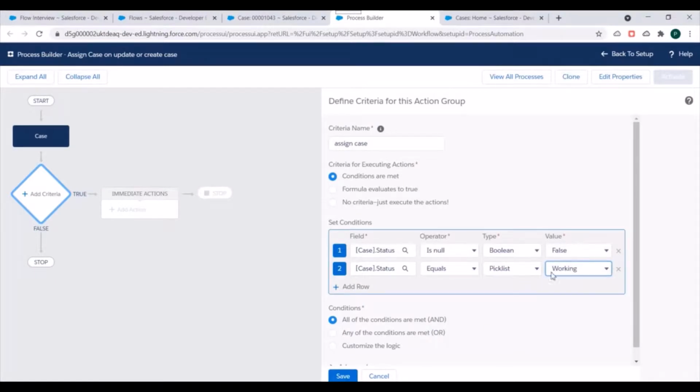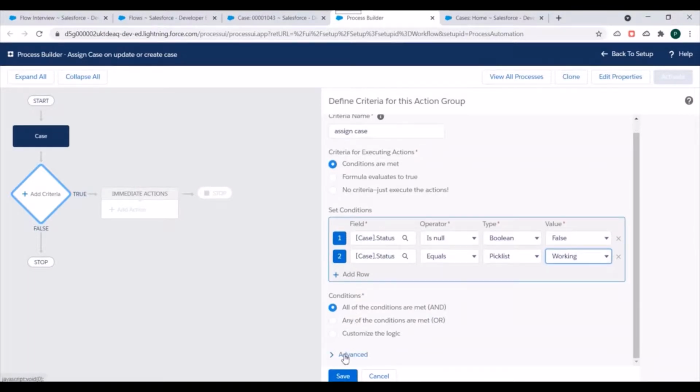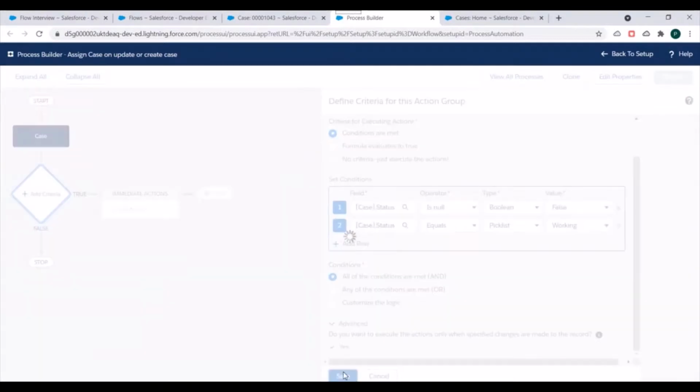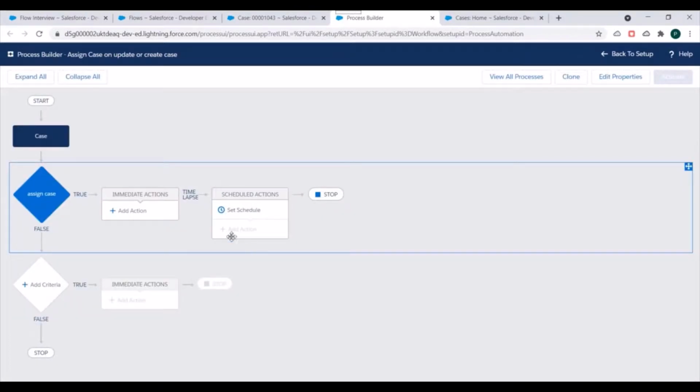Equals to working this time. Okay, and here we need to select this checkbox: do you want to execute the actions only when specified changes are made to record? If you don't select this checkbox, schedule actions won't be available to us. If I click on yes and save this, you can see as soon as I save, schedule actions